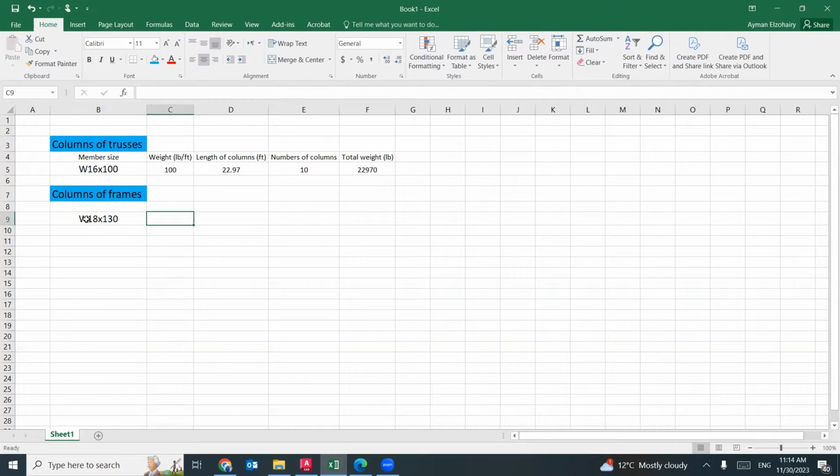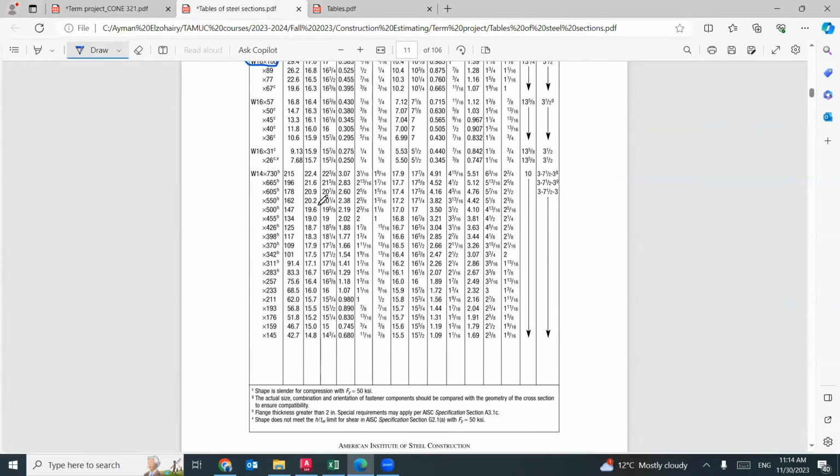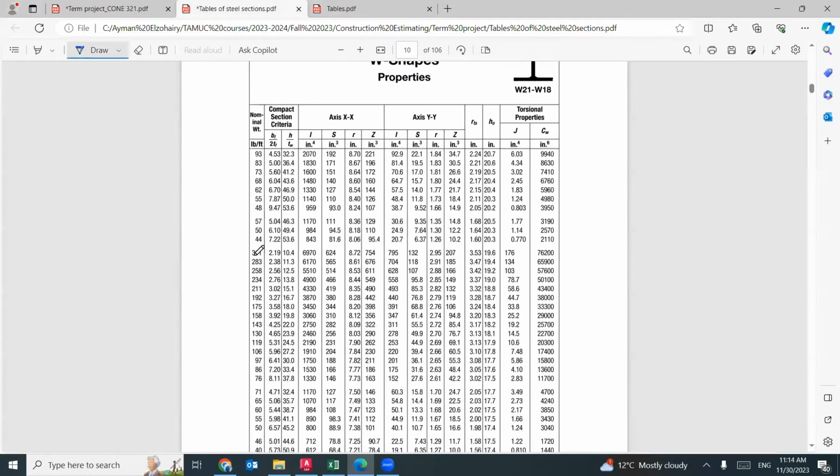What is the weight for this size? Member size. If you would like to repeat these titles, that's fine. You can copy them and put them here. Very easy. So what is the weight of 18 by 130? 18 by 130. Go back. 18 by 130. This one. So 130 is here. The weight is 130